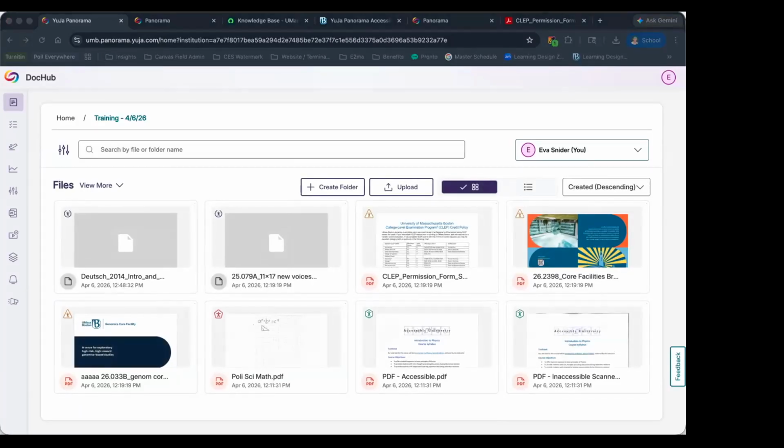Question in chat, how comprehensive are the internal remediation tools? For contrast, for example, is that something that could be resolved within the platform, or do some fixes require you to remediate within a Word document, for example, before rechecking? Most issues can be fixed directly in the platform, including contrast.